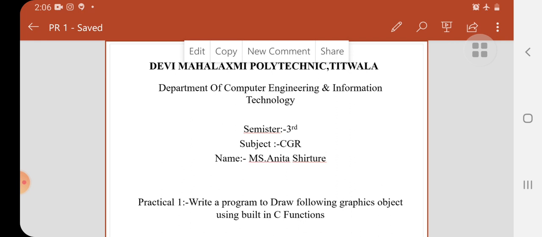Using the C functions, you have to download Turbo C on your PC, because all these programs run on Turbo C. So let's start practical number 1.